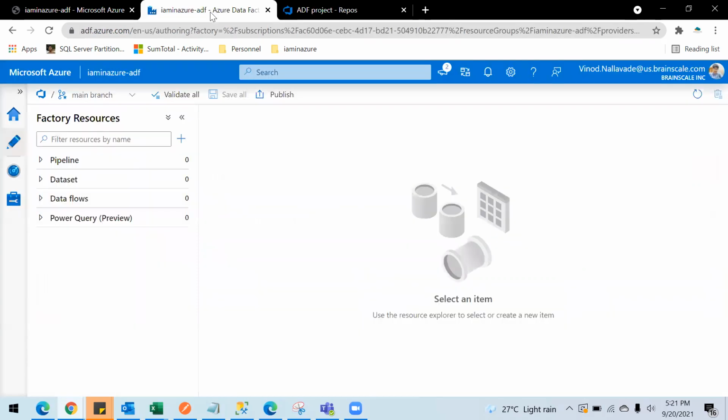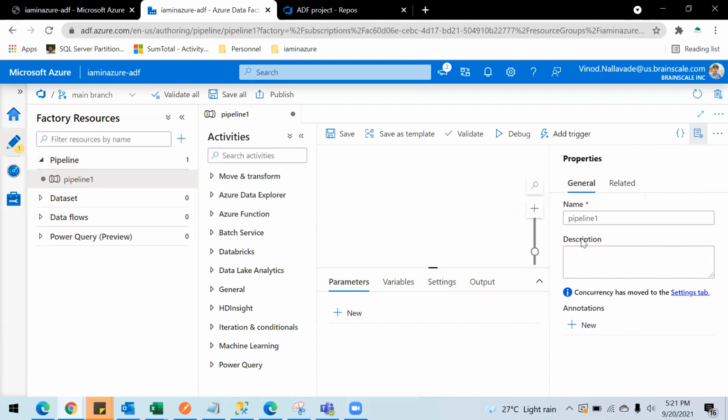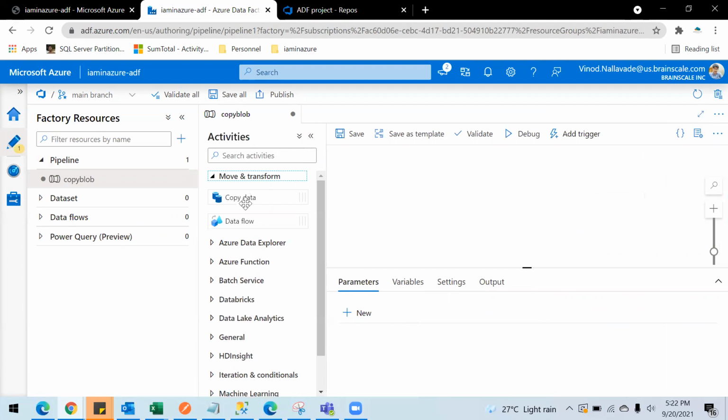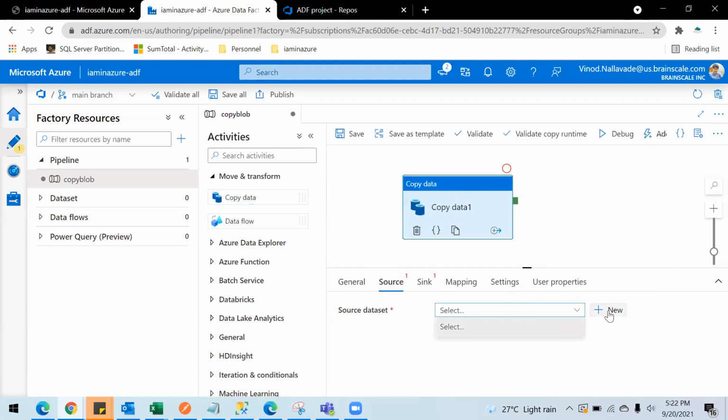Now what we're gonna do is, inside this main branch, we're gonna create a very basic pipeline. So let's create something out here. I'm just going to create copy blob pipeline, and I'm going to have a copy activity here. I will have a source here.